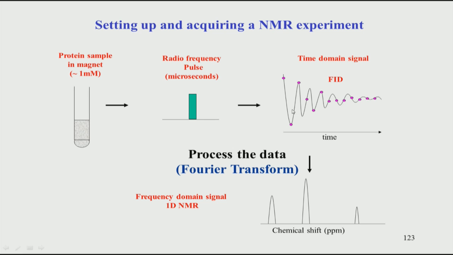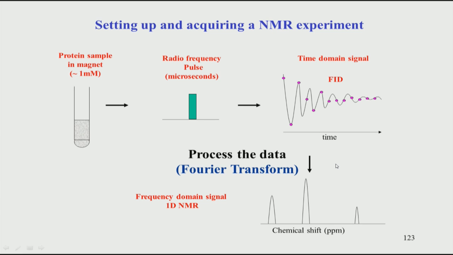As the signal is going to 0 with time, this oscillation or frequency is because of the chemical shift. That means each atom in the molecule will have a different chemical shift. If you have three different hydrogens, for example, as we saw in ethanol, the three different hydrogens will have three different frequency values, but remember they all combine together, and this process of Fourier transform separates them into three different peaks, and what you finally see is a spectrum. So, this is the entire process of NMR conceptually, starting from the spins to the spectrum.